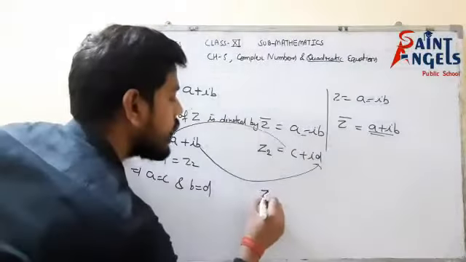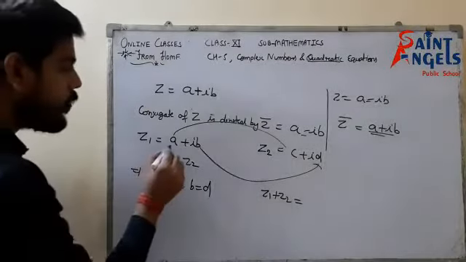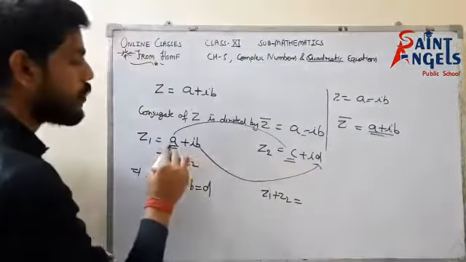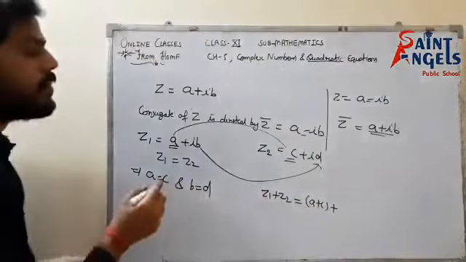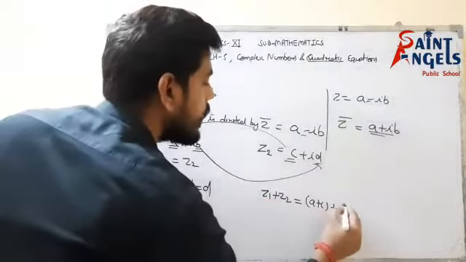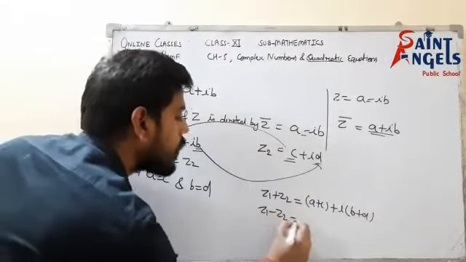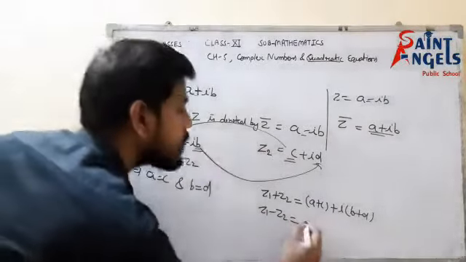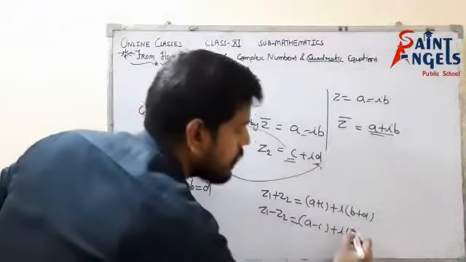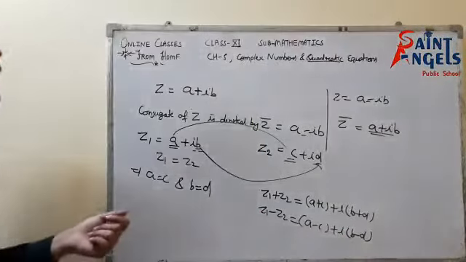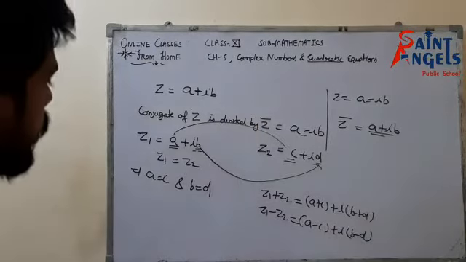And whenever we add two complex numbers, first of all, we will add the real numbers together. So a and c are the real parts. We'll add a plus c, and then we will add the imaginary parts together. So i is common, b plus d. In the same way, we will subtract two complex numbers. We will subtract the real parts, a minus c, and the imaginary parts, b minus d. So that is how we will use the operations of addition and subtraction on complex numbers. Students, please pause the video and note it down.